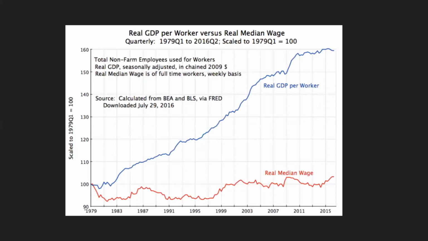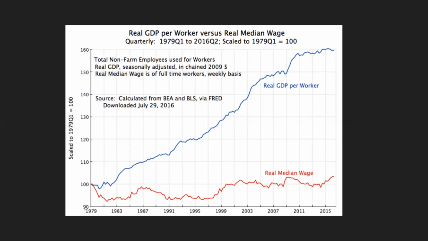This is, I think, the key graph to understanding neoliberalism, right? What they've been able to do to our economy is make it so that the growth of the economy is totally decoupled from the growth of the real wages of working class people, right? So you have real median wages, correcting for inflation, and the median wages for people are really not rising in any meaningful way since 1979,